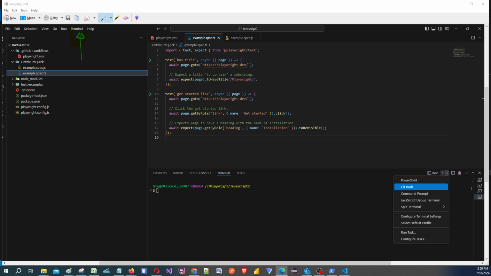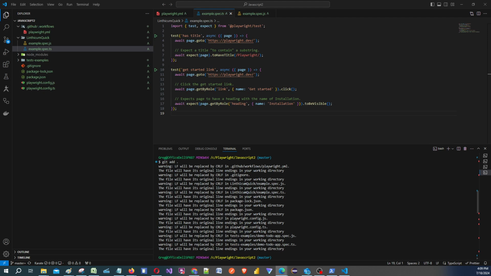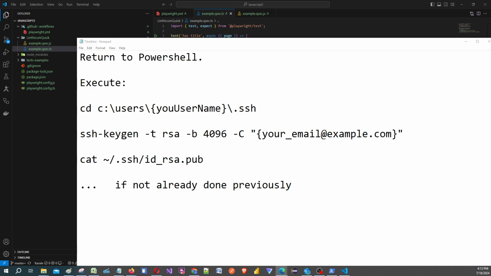In Visual Studio Code, start terminal and select Git Bash. Execute git init, git add. Return to PowerShell. Execute: